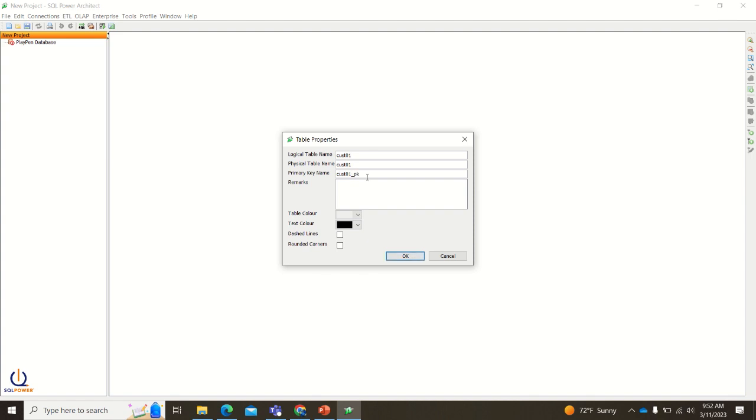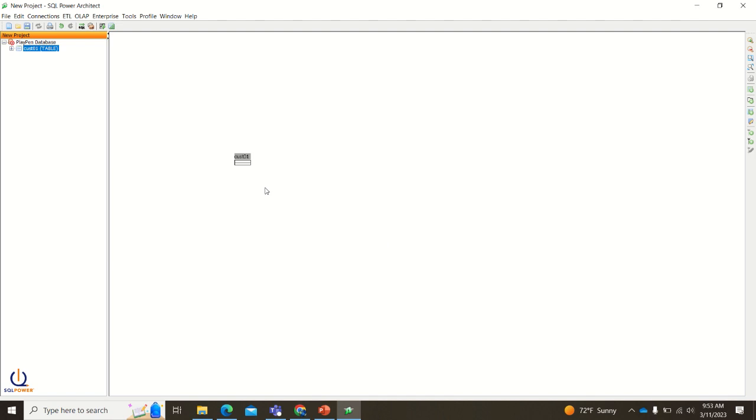Okay, and I'm going to give ID. So ID is my primary key. I'm not bothered about the text colors as of now, so I'm creating a table. You could see that there is a small table which is actually created over here. Now going back to the